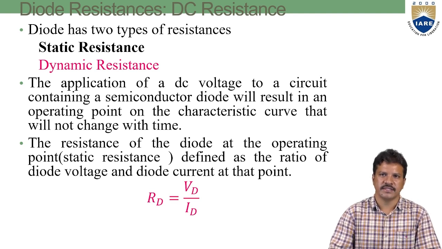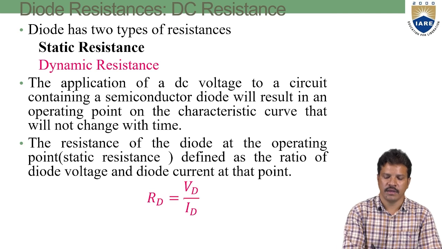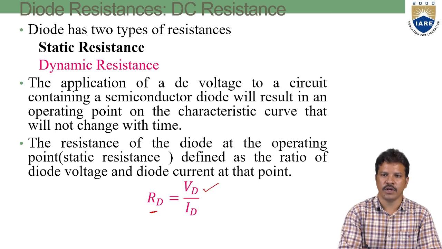What is static resistance? The application of a DC voltage to a circuit containing a semiconductor diode will result in an operating point on the characteristic curve that will not change with time. So now the resistance of a diode at the operating point is defined as the ratio of diode voltage to the diode current at that point. Simply, a diode static resistance is nothing but the ratio of diode voltage to the diode current at a particular point,